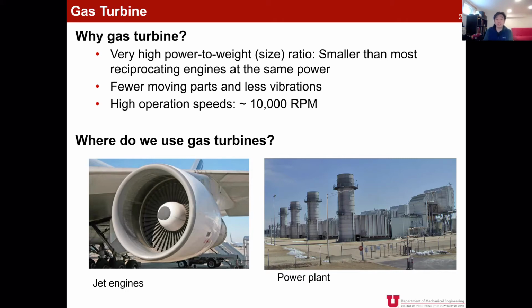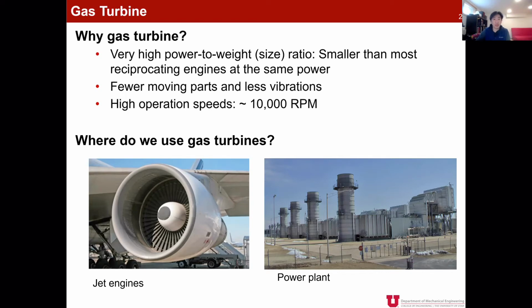Compared to those types of engine, a gas turbine is connected through one shaft. We are going to talk about more details of the components of a gas turbine, but we have a compressor, a combustion chamber, and a turbine. And those can be connected in one shaft. So rotating the compressor also rotates the turbine. Basically, there's no need to convert any linear motion to rotating motion in a gas